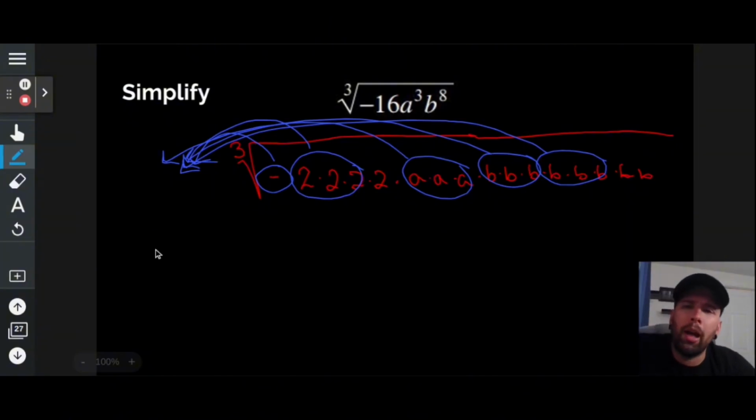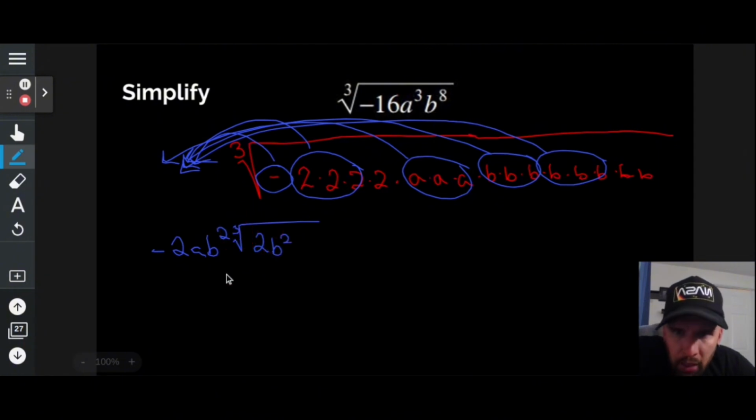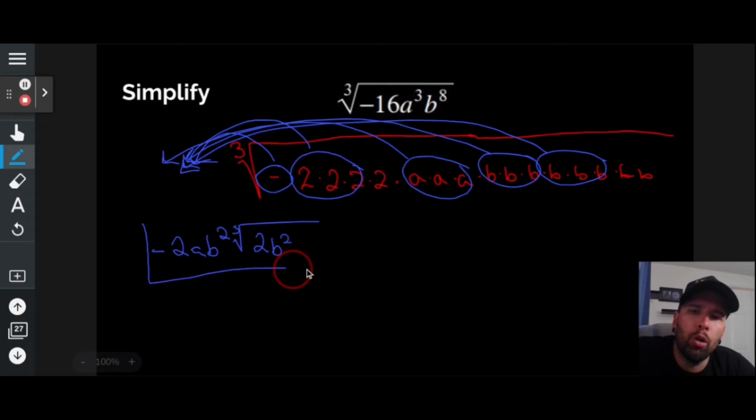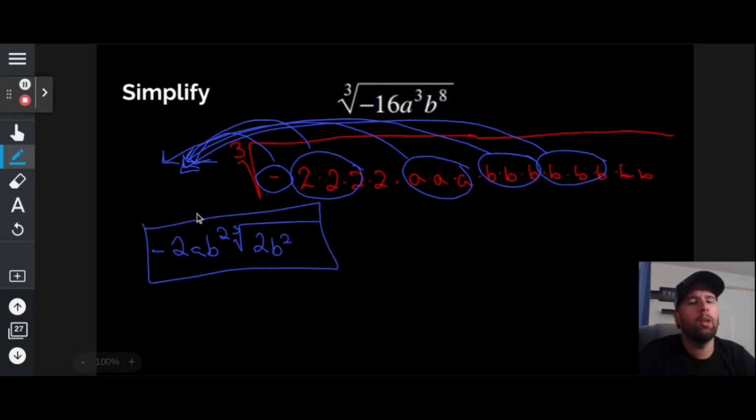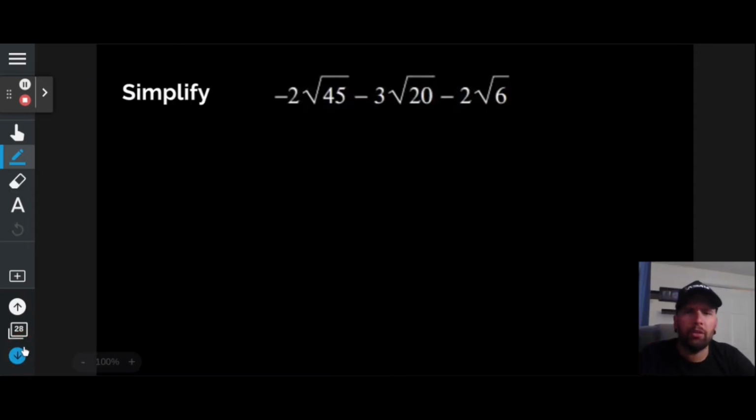What did I pull out? A negative, a 2, an A, a B, and a B. So a B squared. What do I have left over? 2 times no A's times 2 B's, so 2B squared. Don't forget the cube in your cube root. Same rules apply for 4th roots and 5th roots and stuff like that, but we're not going to lose sleep over it. Let's see if we can simplify